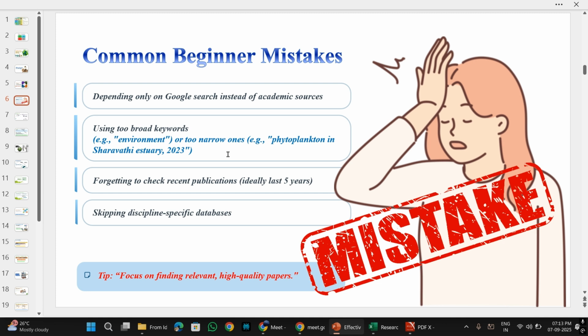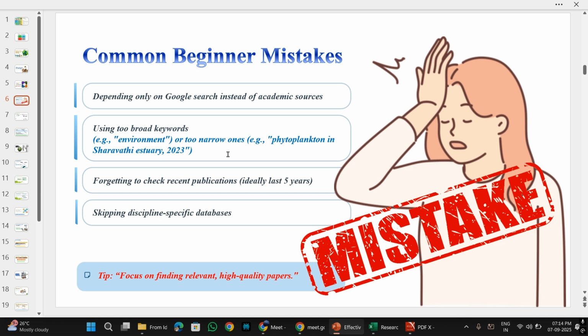Forgetting to check recent publications. Our guide must have read some research articles that were older than 10 years or maybe 5 years, because now they have changed their field. They are researching something else, but they have given this research problem to us, and we are reading the same literature they gave us, rather than searching for what has happened in recent years. That recent year could also be just last year or this year, right? We forget to check the literature that has been produced in the recent past. So that is also a problem.